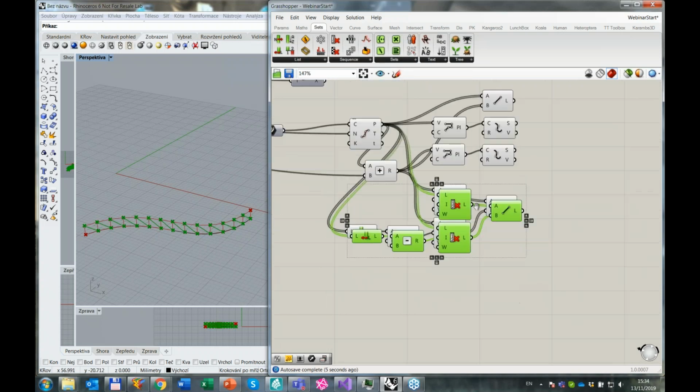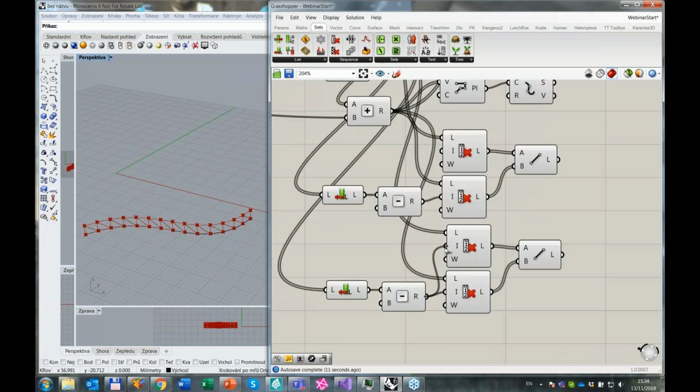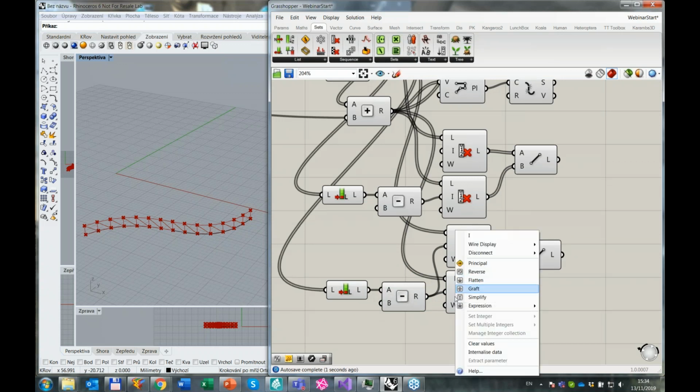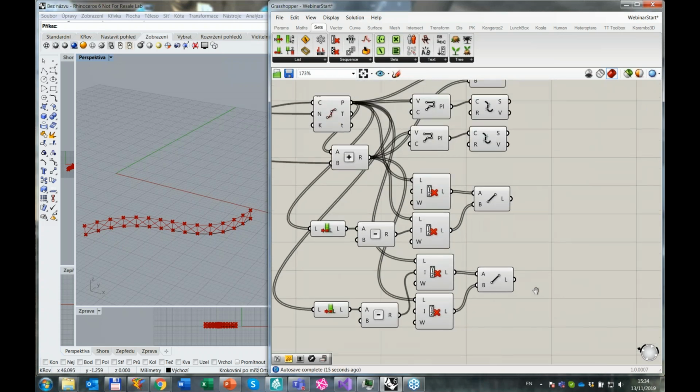I will just quickly copy these functions, and what I can do is just switch these wires. Here there is no wire, so let me disconnect this one, and it's automatically set to 0. So now I have the truss in both directions for this simple curve. You can see the diagonals are in an X shape. If I don't like that, and I would like to have a single diagonal in every section,